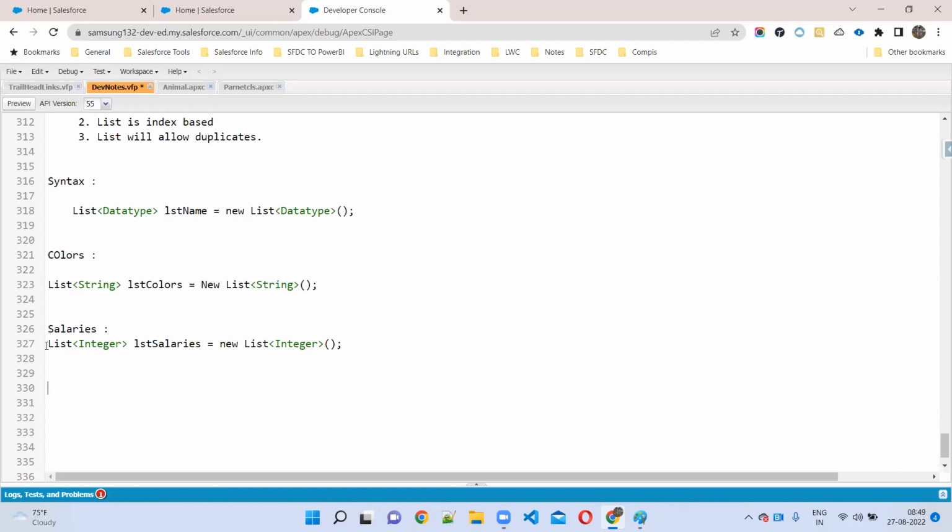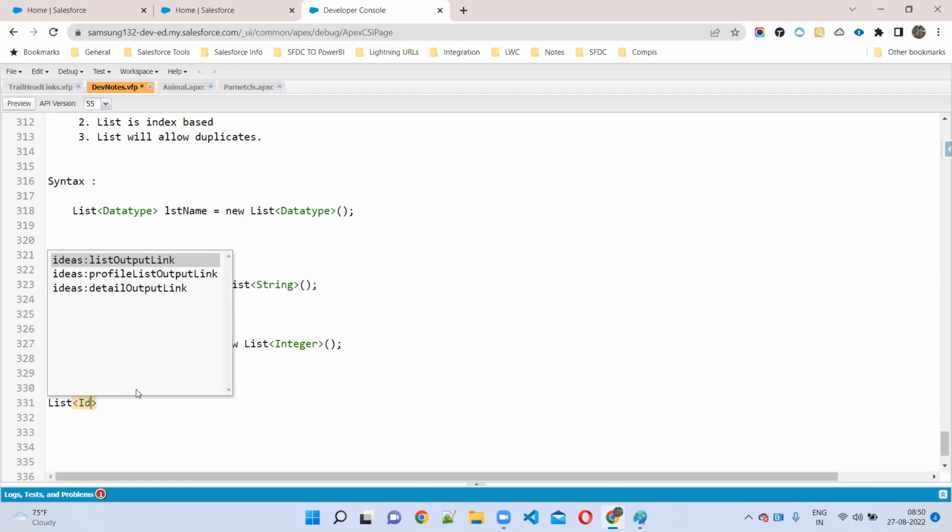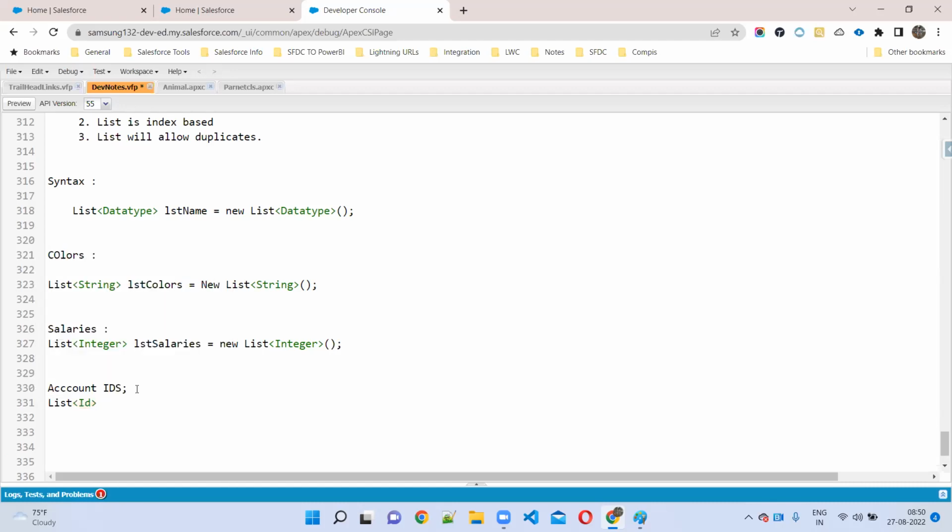I want to store record IDs. The parameter is List<ID>. Account IDs I want to store. Does anyone know what ID is? ID means Salesforce ID. So, List<ID> accountIDs = new List<ID>();